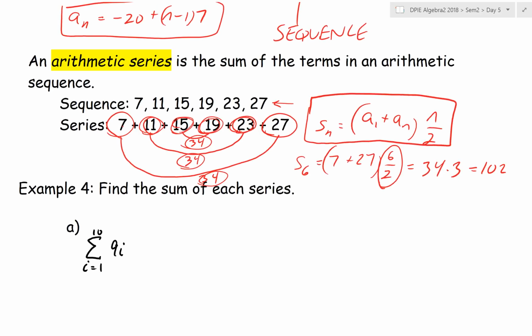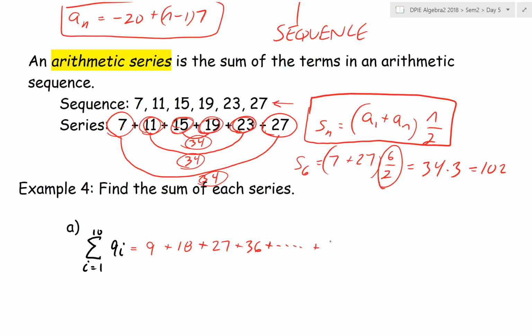So looking at example 4, this series is written first in sigma notation. So if we expand it, at least some of the terms, we don't have to list all 10 of them. To write down this series, we're going to plug in 1 for i, and that gives us 9. Then we plug in 2 for i, and that gives us 18. Then we plug in 3 for i, and that gives us 9 times 3 is 27. And the fourth term, when I plug in 4 for i, would be 36, and so on,